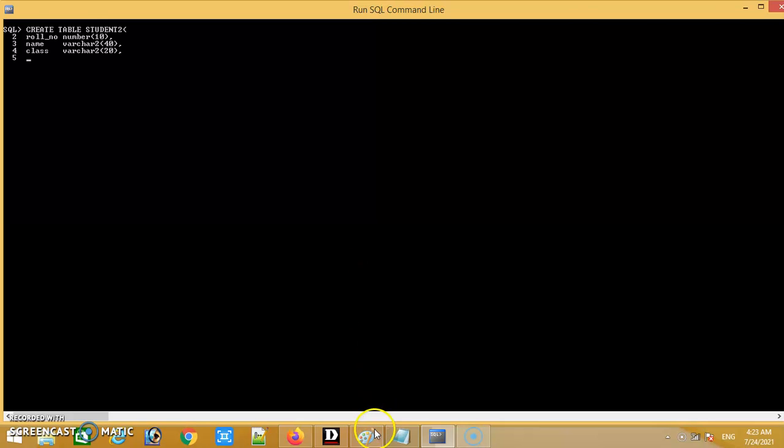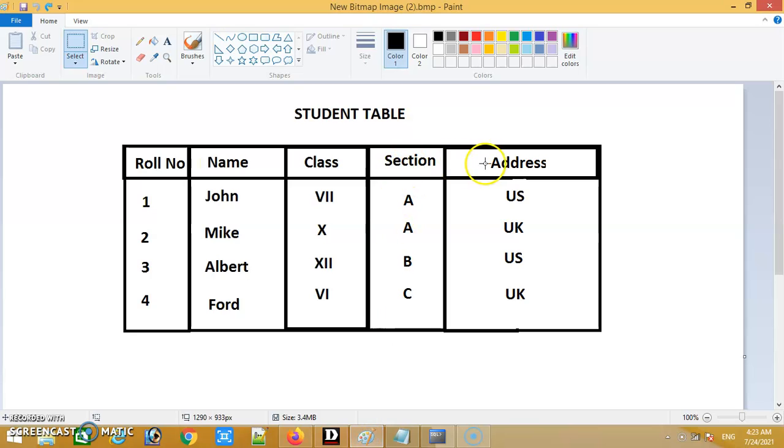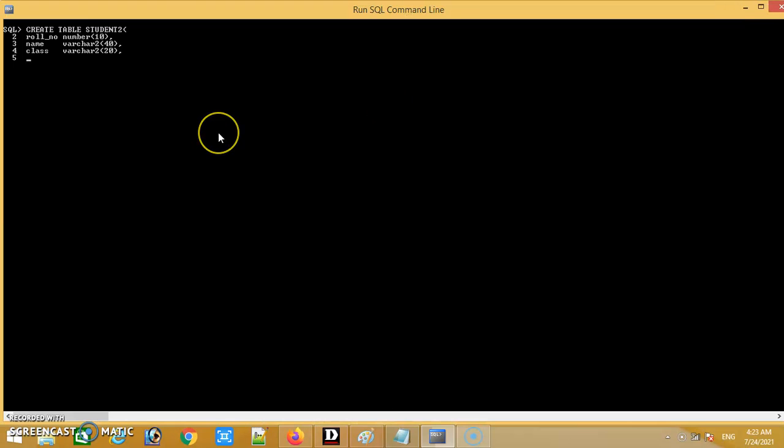And then we have our columns, section and address. So section is varchar2, I'm giving 10, and the last one is address.